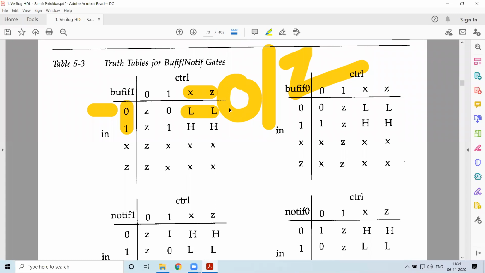L means low: it will be logic 0 or it will be in tri-state. It can be in any of these two. That is what L represents.